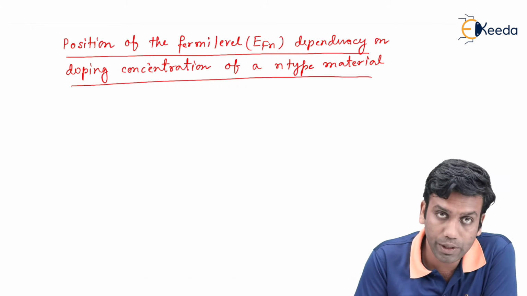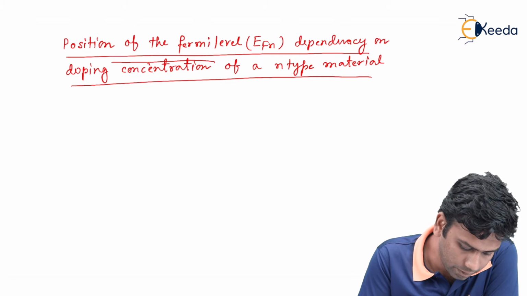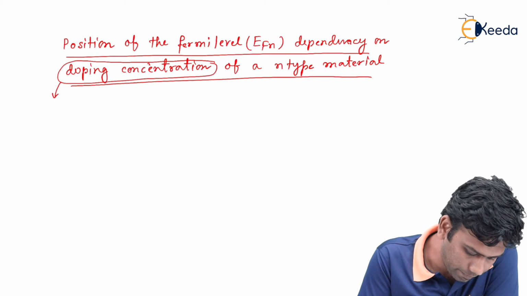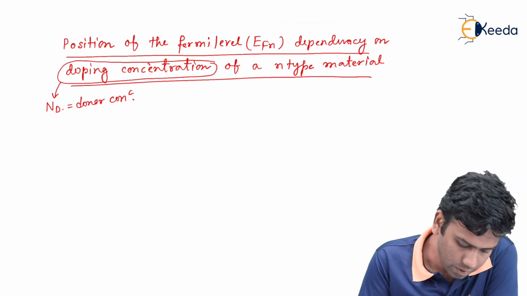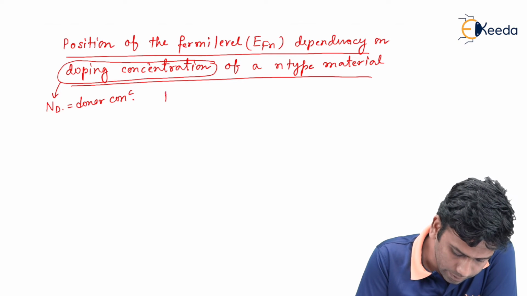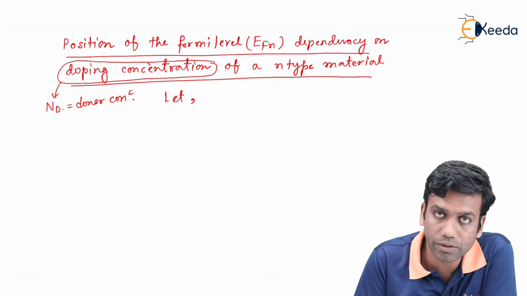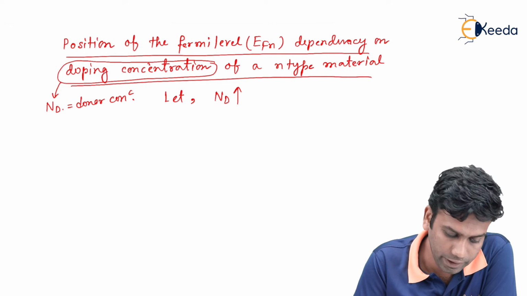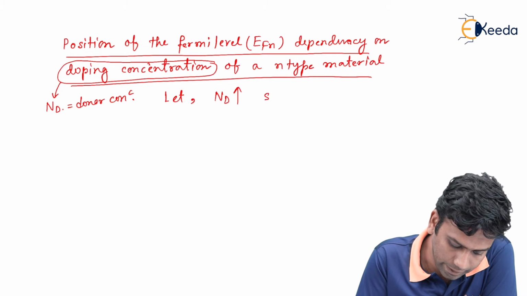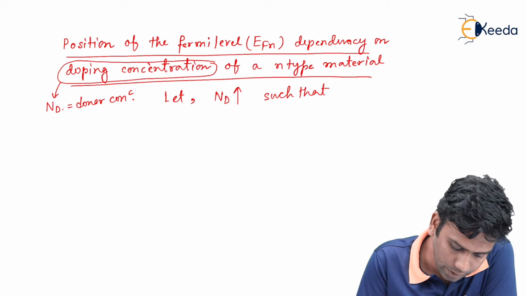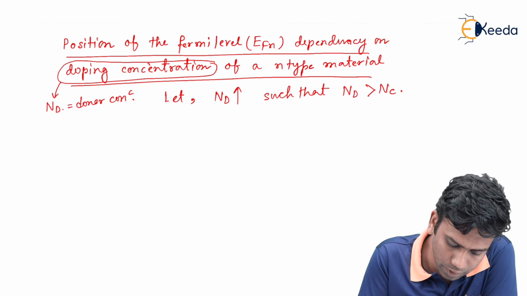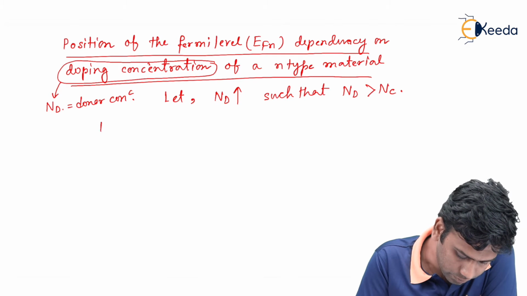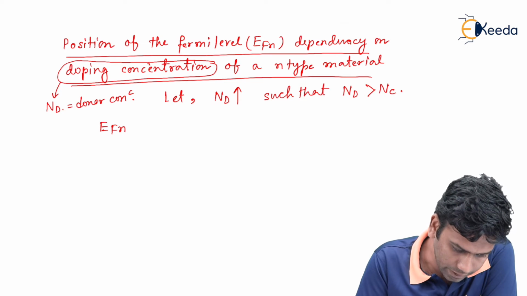So, in an n-type material, we know that the doping concentration is nothing but the donor concentration, that is ND. Now, let us assume that the doping concentration is high, that is ND is very high, such that ND is greater than the value of NC, and we know that the EFN value is given by